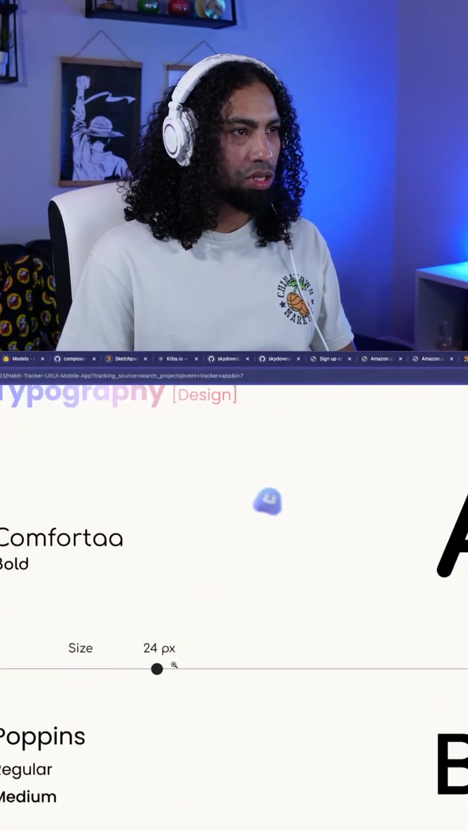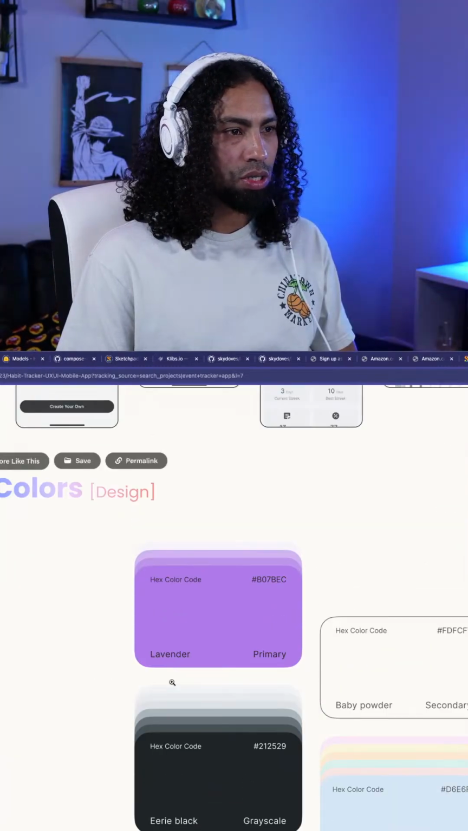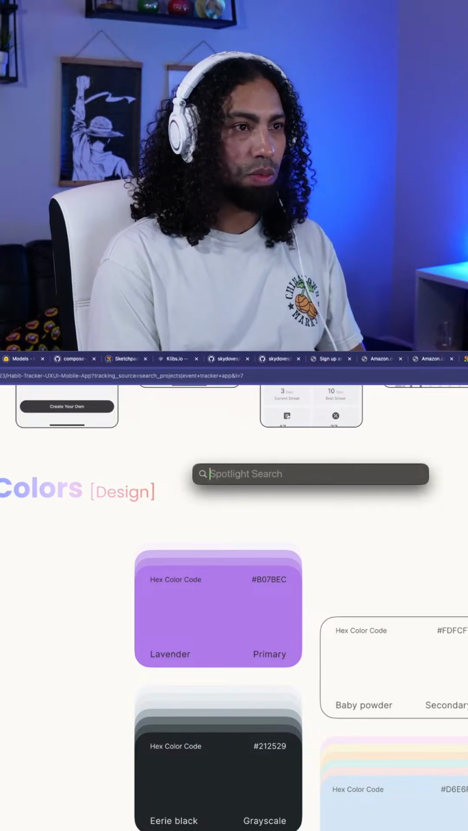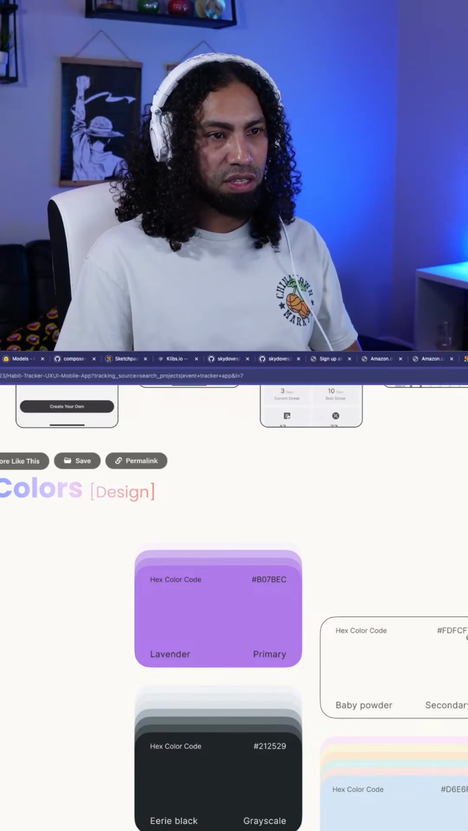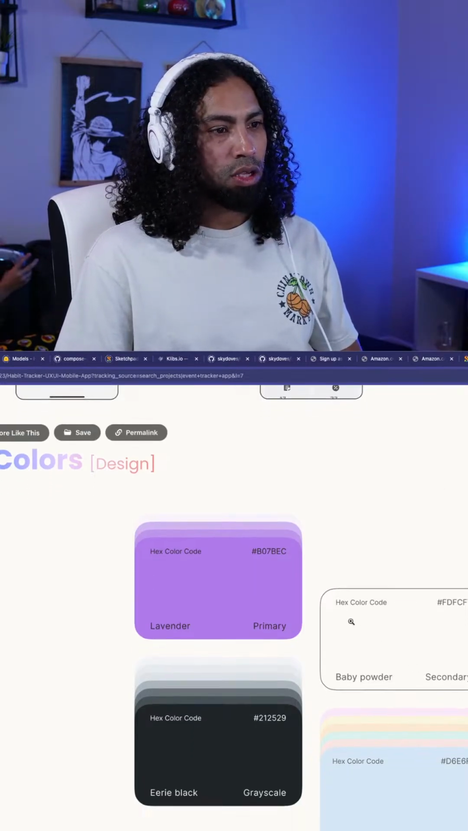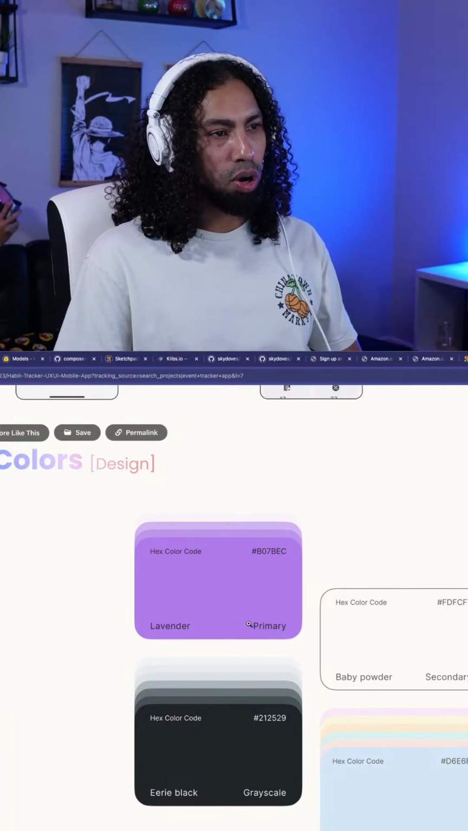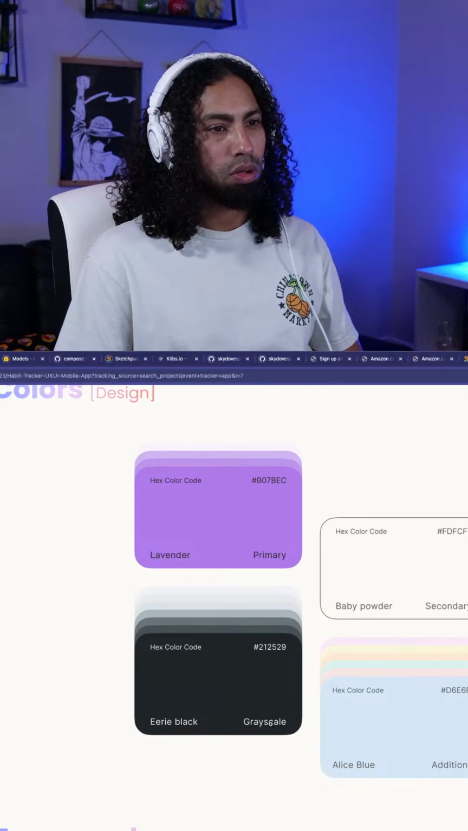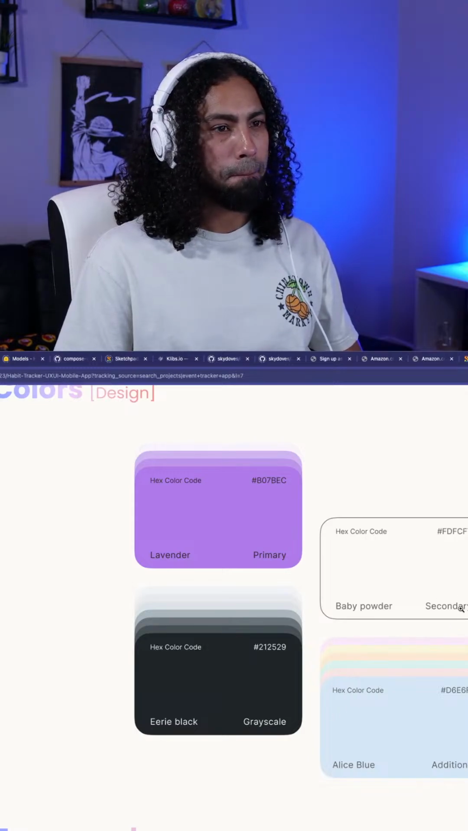Yeah, where are the colors here? Colors. All right, so let me see. FDFCF7. So primary here is purple. So I want my surface color to be